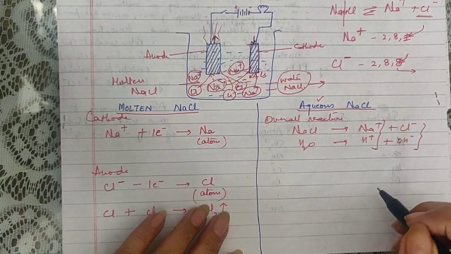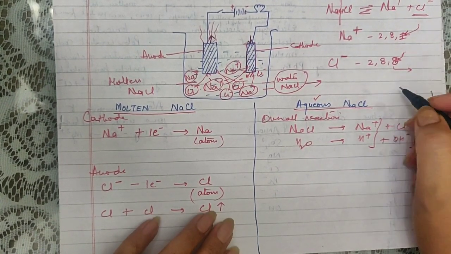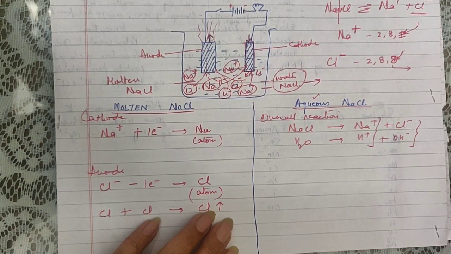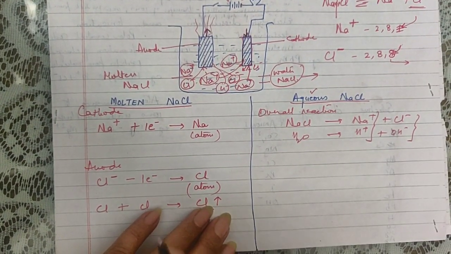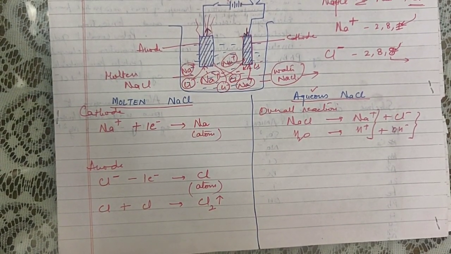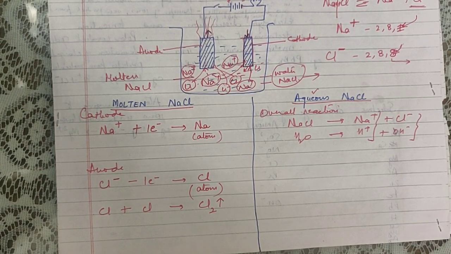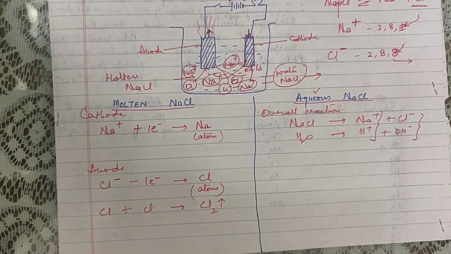What happens in such a case is that there arises a question which is known as preferential discharge of ions or selective discharge of ions. It is something like, for example, in your class there is a vacancy of one student and there are 3 children who are applying to get into your class. Don't you think we will have to make a criteria for the selection of the child?